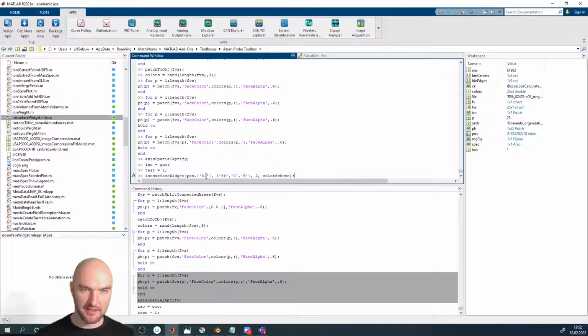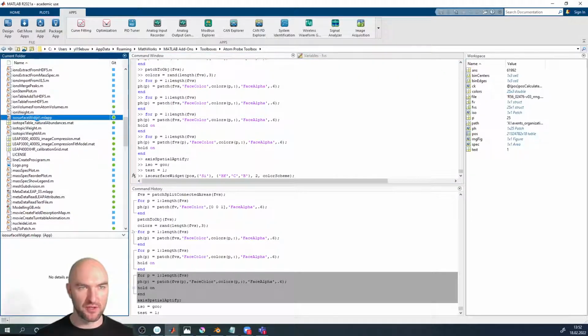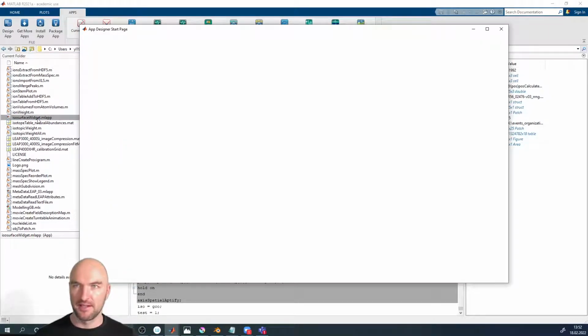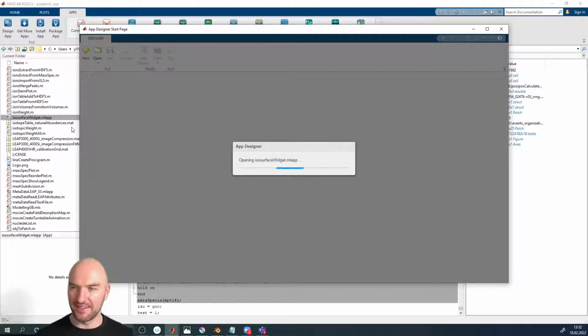And in this case, we want to know what the concentration of hafnium, carbon, and boron is at the voxel size of 2 with a certain color scheme relative to silicon. And honest to God, I have to look up which one is which, but we can obviously open all of that